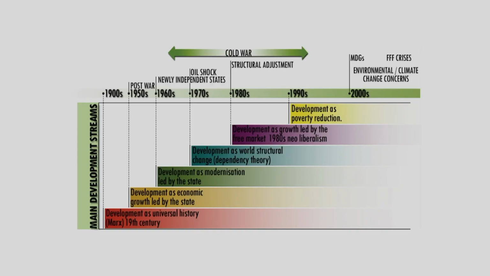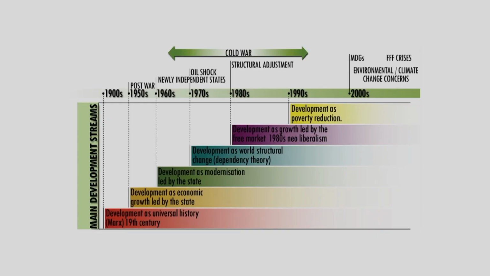The 1960s saw development as modernization led by the state: diffusion of technology, diffusion of ideas, diffusion of modern education, technology transfer from the developed to the underdeveloped countries, and so on and so forth. The 1970s, as I have already mentioned, was a time of dependency theorists, the theorization with respect to the core and the periphery, and how the core have been exploiting the periphery, and how the periphery needs to break out of the domination of the core by bringing about certain structural changes in the world economic order.